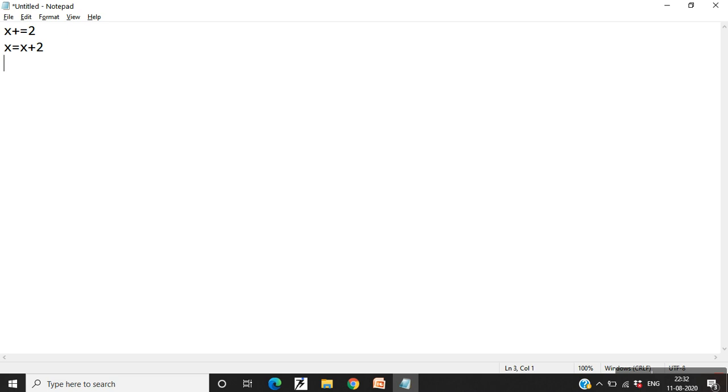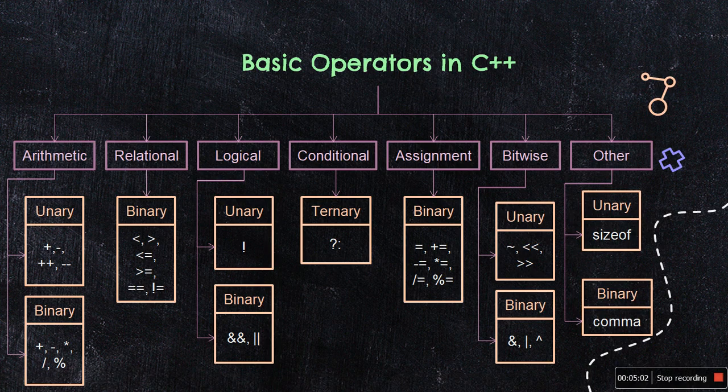Similarly, x minus equal to 2 means x equal to x minus 2, x multiply equal to 2 will be x equal to x into 2, and x divide equal to 2 will obviously mean x equal to x divided by 2, and so on. So this is how you deal with the assignment operators.